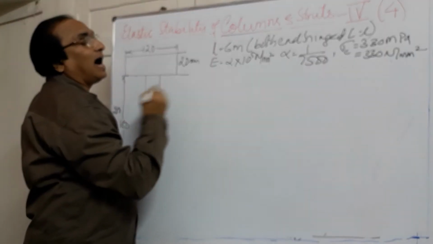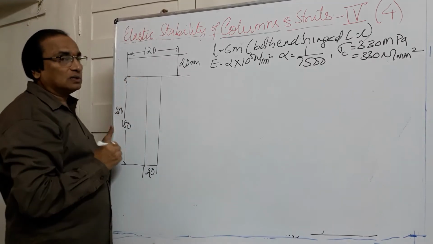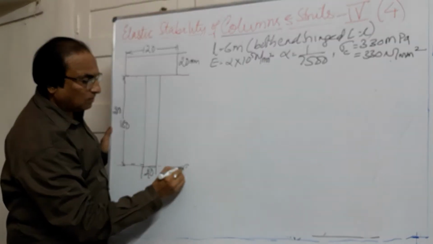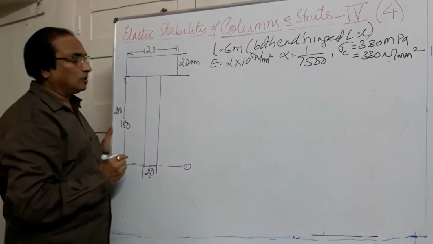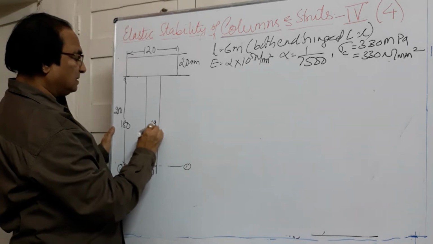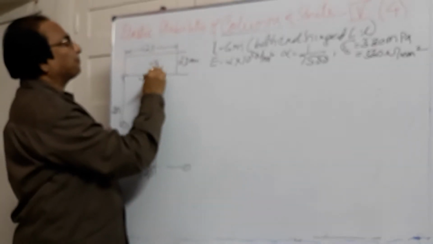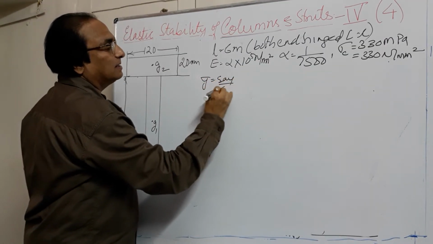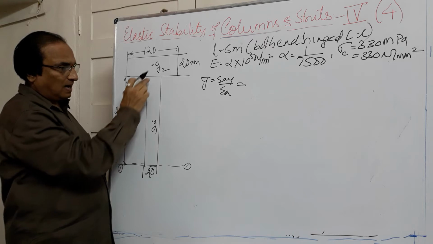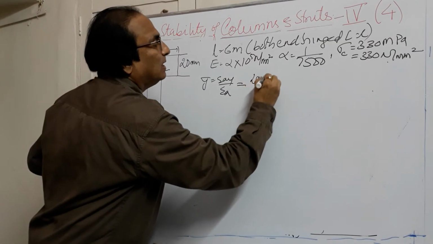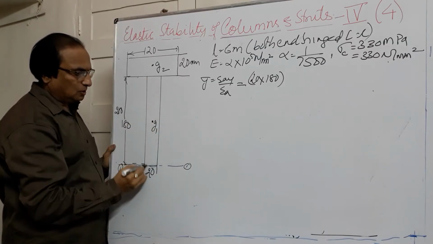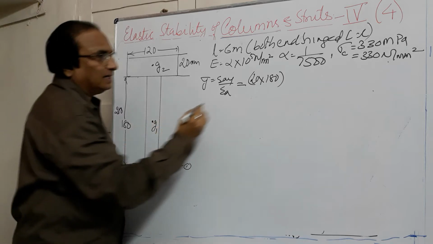So with this data, we will go for solving the problem. So first we will go for I. To locate I, I should know the centroid of the given figure. So we will consider a reference axis here, 1-1. That means we are locating the centroid from the bottom. So let us divide it into two components. This will be G1 and this will be G2. So here let us first find out y bar is equal to sigma A y by sigma A. So this will be equal to, I will go with G1, this is 20 by 180. This is area, and we know the centroid of the rectangle is at the center. Total height is 180. Half of that will be 90.